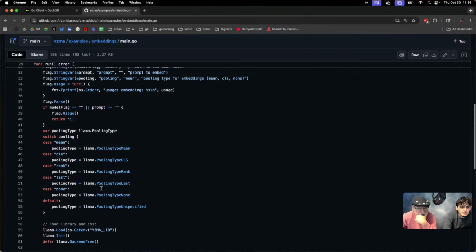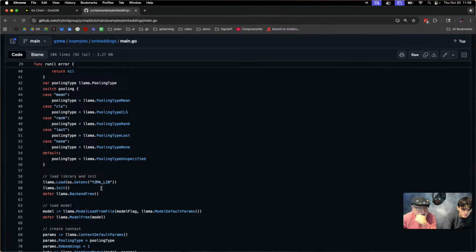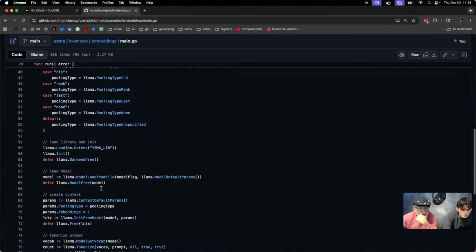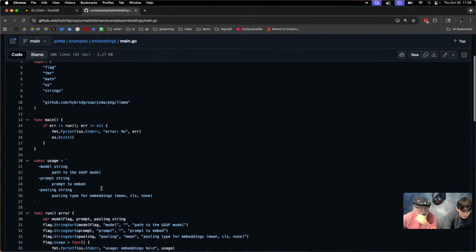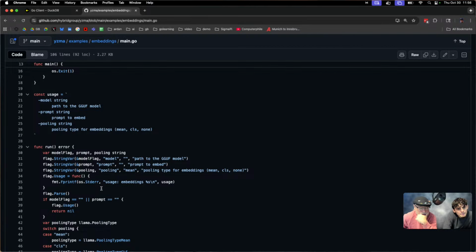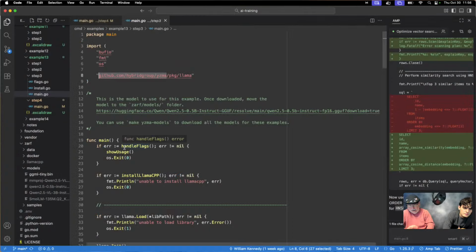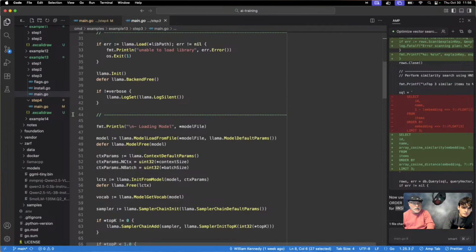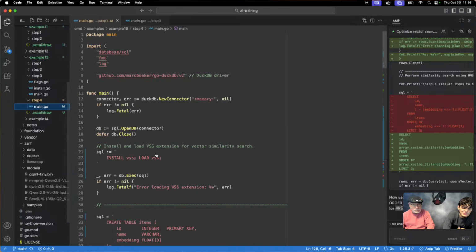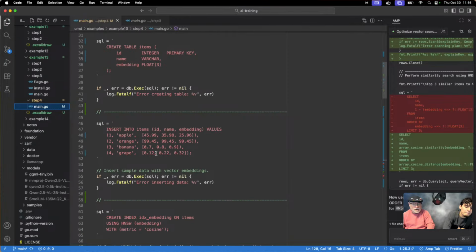I have to sort of parse out really what we need here. So, one, I have to figure out what model he's using for this example. He's using some GGUF. So we'll figure that out. But let's do the following. I got some code here, right? Okay. And what I need to do here